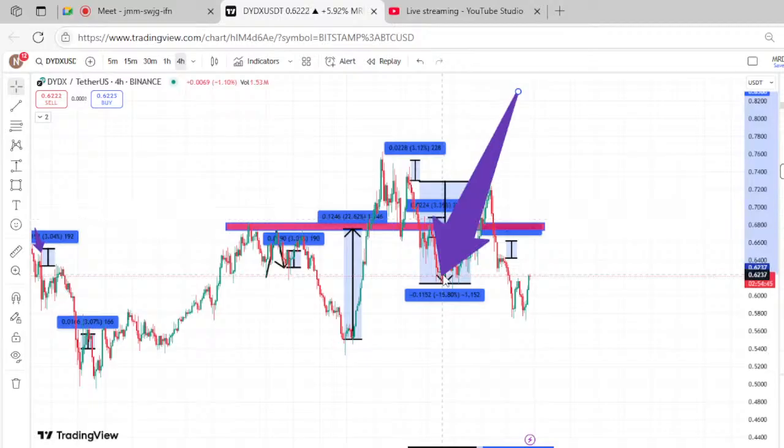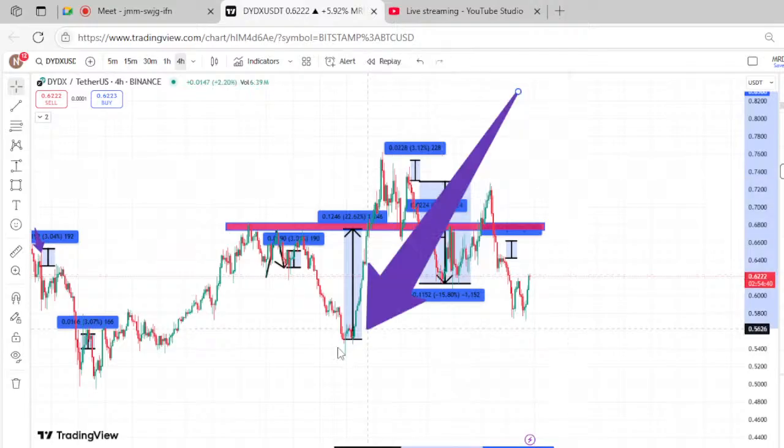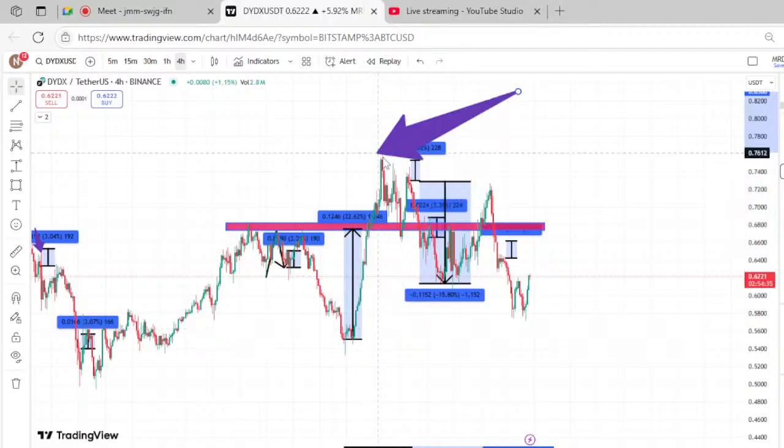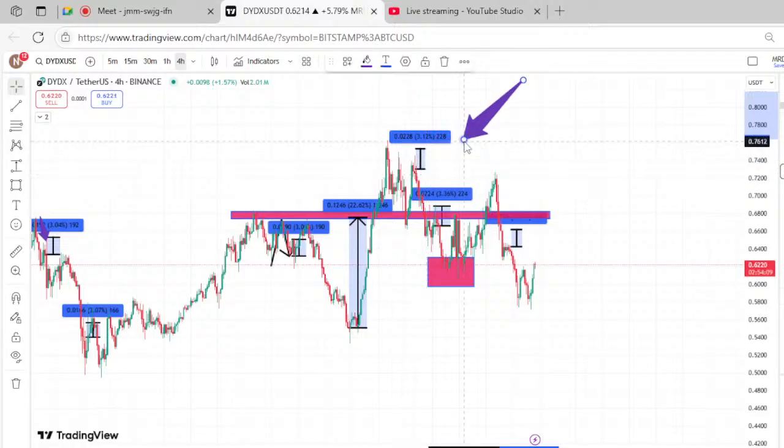Why am I saying it is the lowest point? By considering this movement from here up to here, ladies and gentlemen, when you check very well, you can see that this area was almost halfway of the distance moved. This area here. Are we clear? The distance from here up to here, and from here up to here, what I want you to understand is one thing: always first identify the trend.